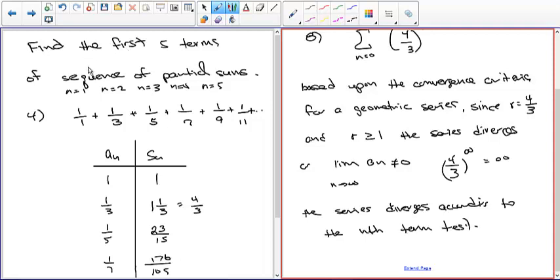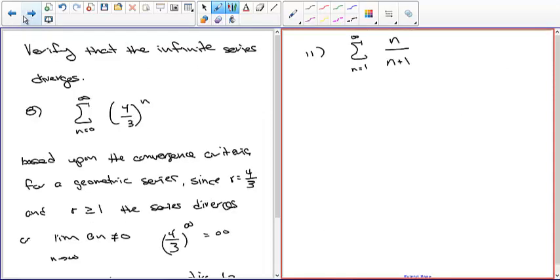So that's kind of a taste of things to come. You're like, oh God, this killed me. Okay. Now this one is not a geometric series, so the only other one we have is the nth term, and we've already looked at that as a previous example. But what you would do here is you would say, well, the limit of a sub n, which is n over n plus 1, does not equal 0 as n approaches infinity, therefore it diverges. So it would be basically the same. I could just copy the wording from the previous problem and just paste it over there,